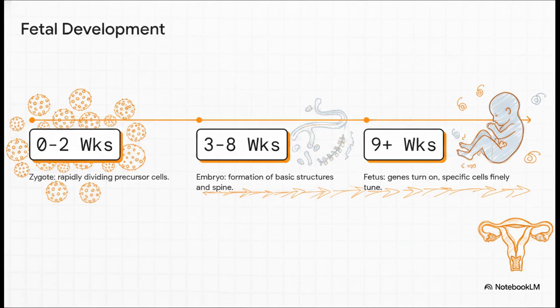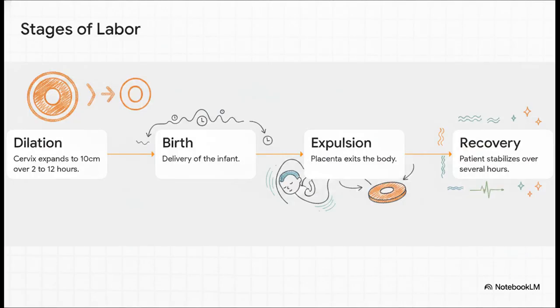At this crucial stage, specific genes really turn on, and the body finally tunes its specific cells, like heart and bone cells, clearly taking on a recognizable human form. And at the end of that intense 40-week journey, we hit labor. Now, the key takeaway here is that birth itself is only stage 2. Stage 1 is